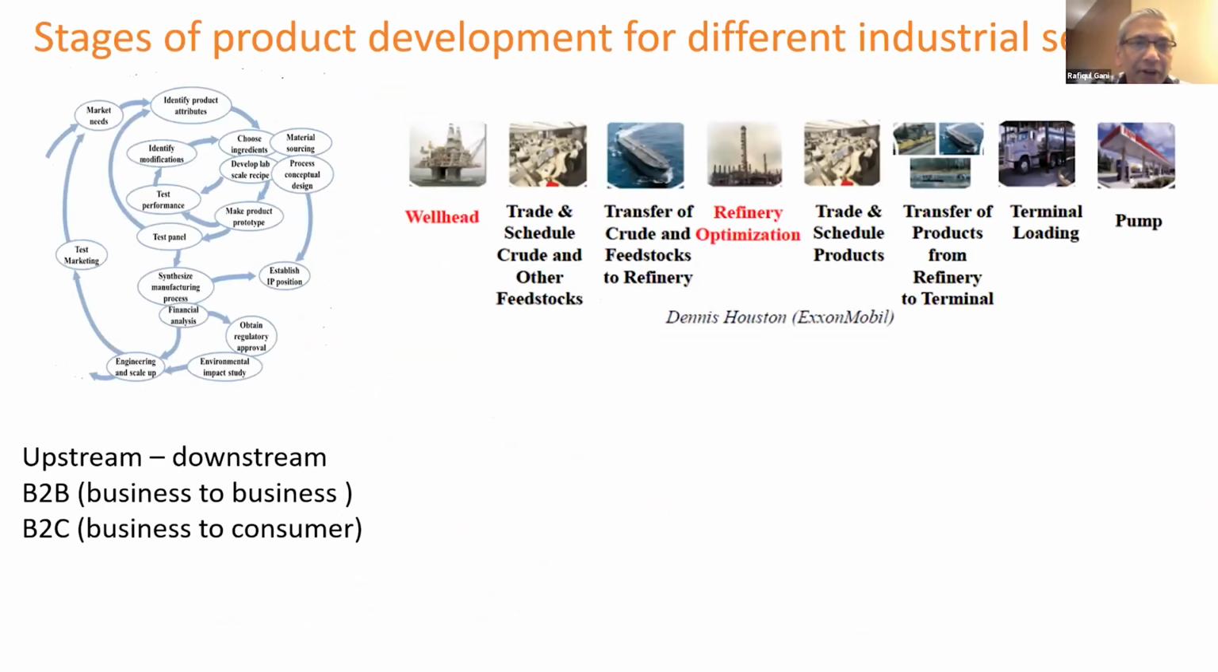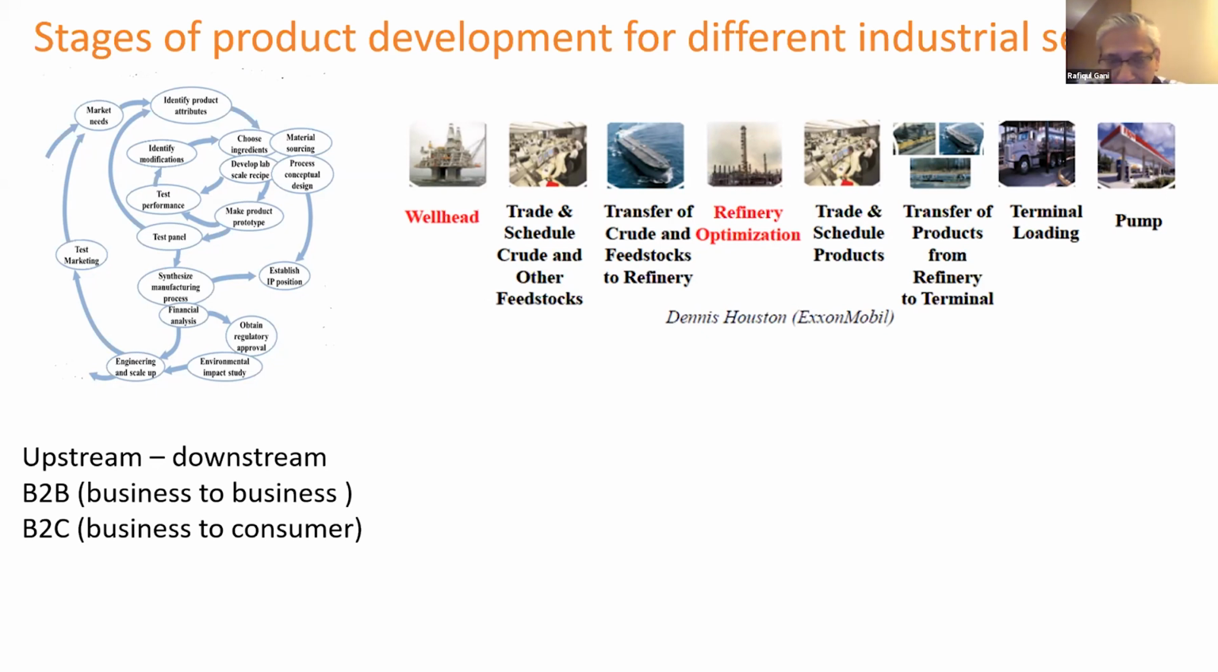So from the point of view of product development stages, they actually depend on which type of product. What you see in the example on the right is from the petrochemical industry. There is a part which is extraction of the oil, and there is a part which is using the oil. So one could say upstream, downstream. One could also say business to business, because we are getting the oil, we are producing chemicals, but it's not